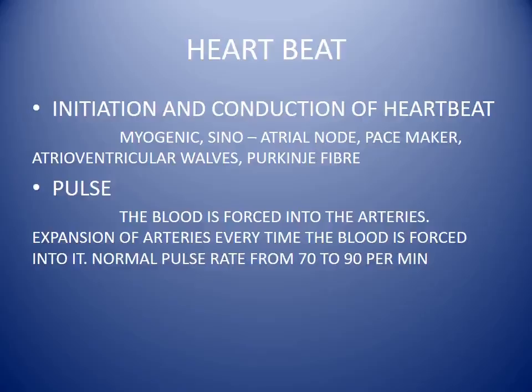The wave of contraction from the SA node reaches the atrioventricular node, which emits an impulse of contraction spreading to the ventricular muscle via the atrioventricular bundle and Purkinje fibers. This is how the contraction of the heartbeat is initiated.